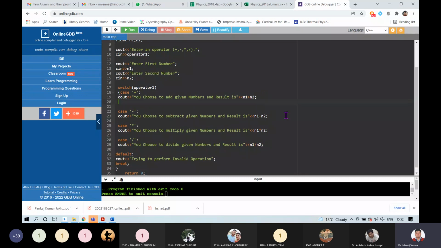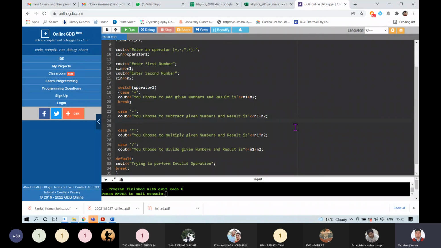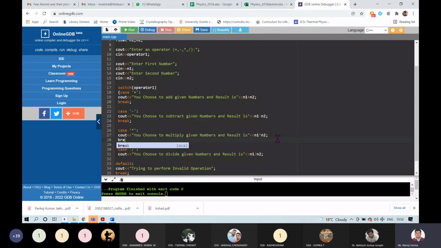So yes, I should write break after each statement, so that after the compiler executes the instruction for the case, the flow should be broken.